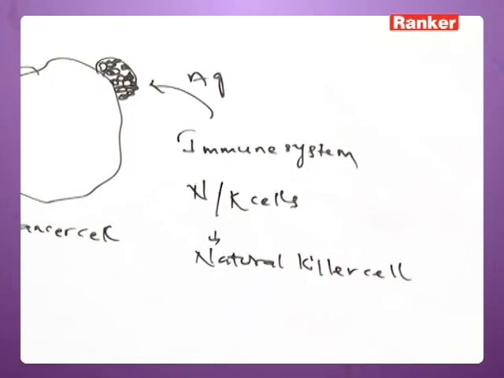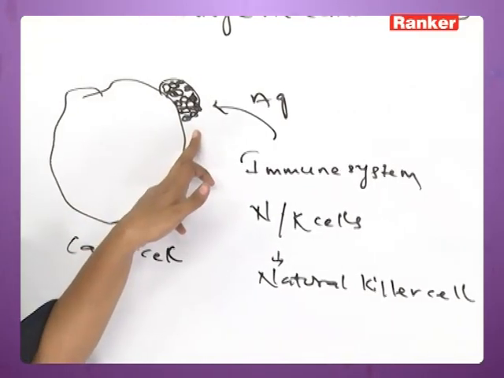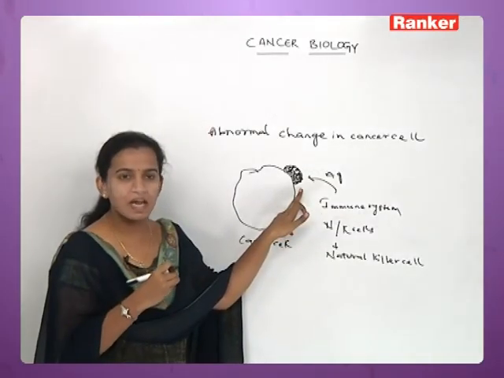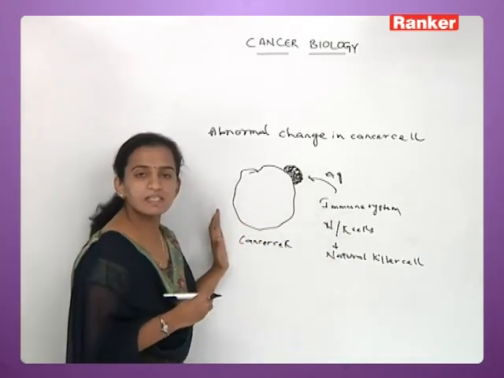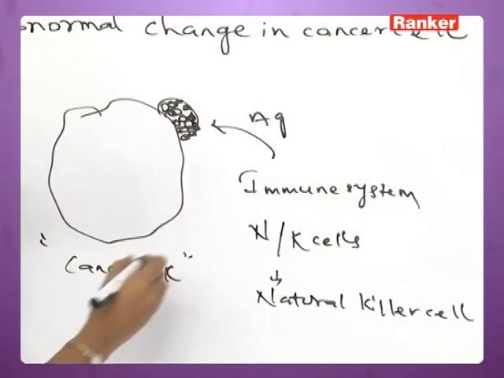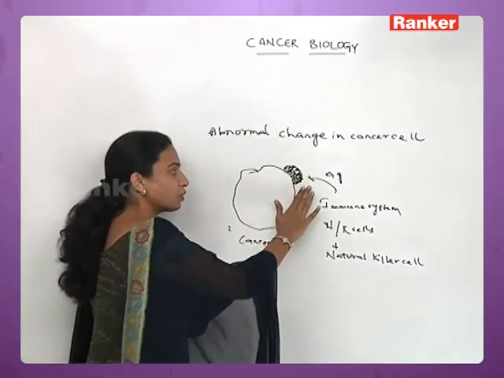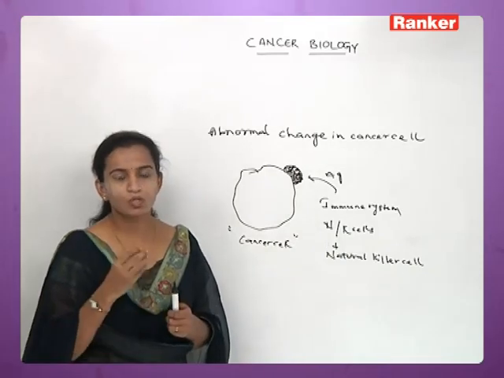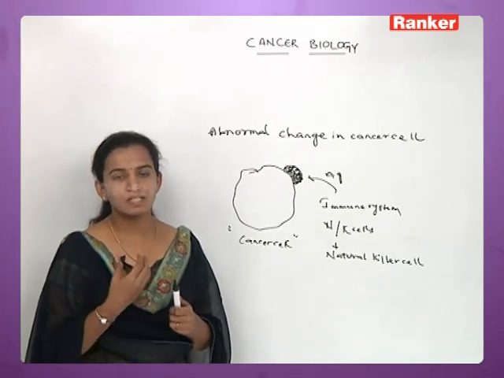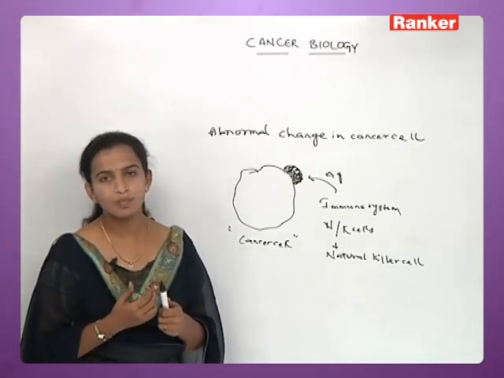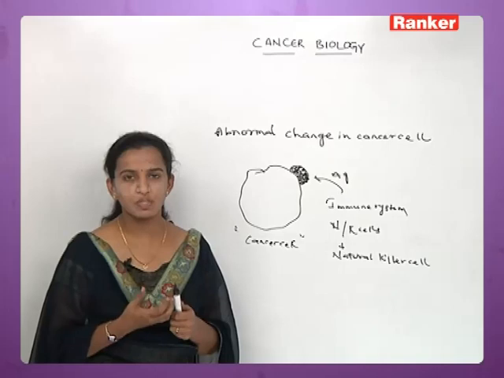It recognizes it as a cancer cell because the same cancer cell is giving another outgrowth on its body, which is recognized as an antigen. This way a natural killer cell is able to identify that this is a cancer cell, that this is not a normal cell, it has a defect in it. So it can be identified with the help of its outgrowth, with the help of natural killer cells. Whatever natural killer cells are present in our body, they can recognize this cancer cell, but by that time the cancer will have spread all over the body. That is the reason it is very difficult to treat a cancer patient.